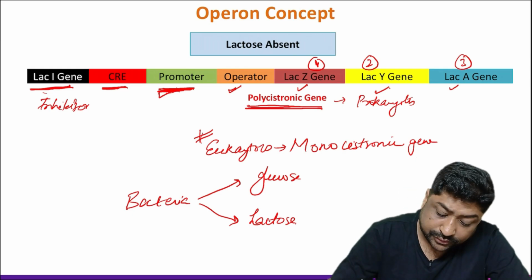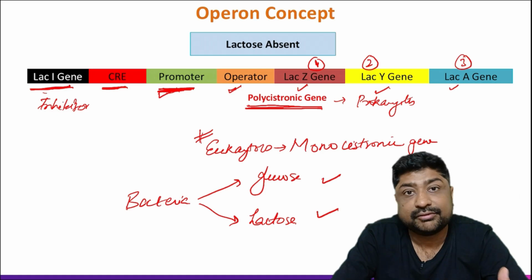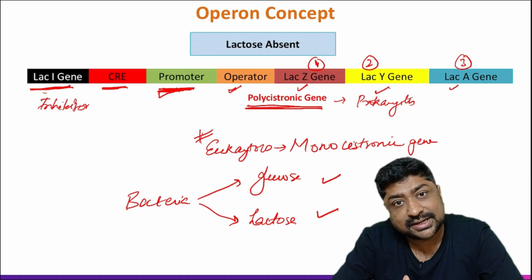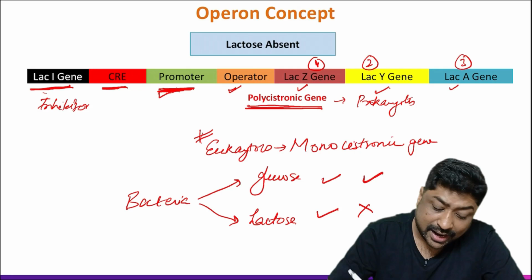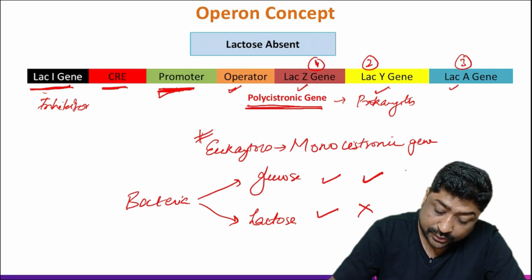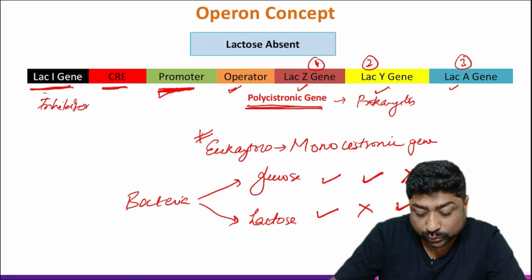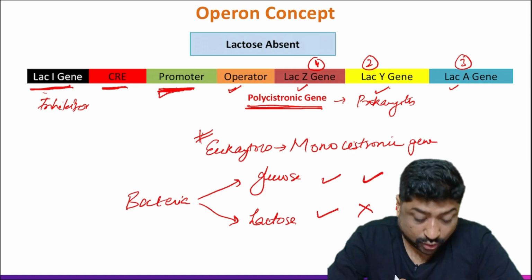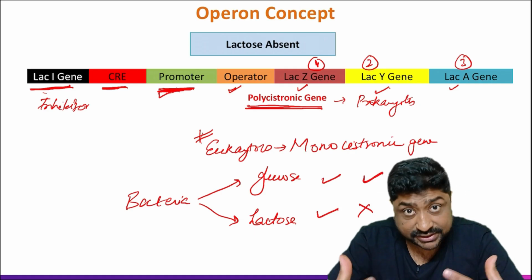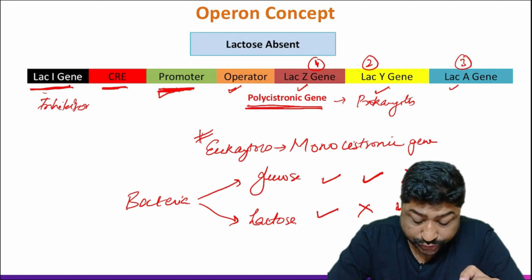Now, suppose there are conditions when both can be present. So in a medium where the bacteria is there, glucose is present as well as lactose is present. There are conditions when glucose is present but lactose is not there. There are conditions when glucose is not there, lactose is there, and there will be a condition where both are not there. So this operon gene is designed, and we will see the design in a little time, to ensure